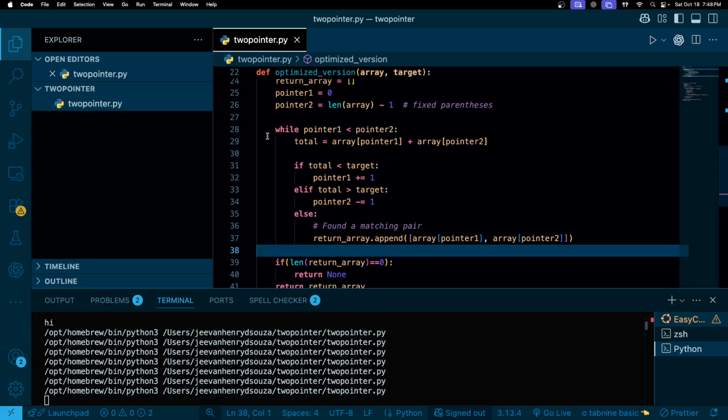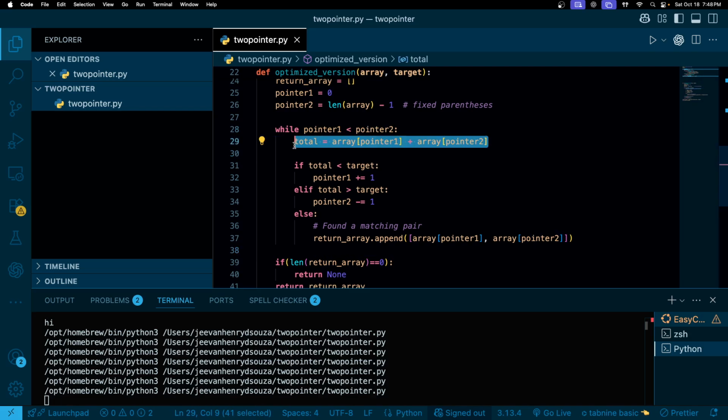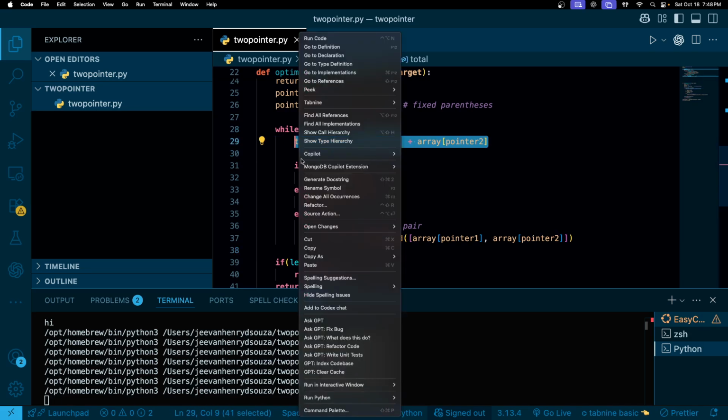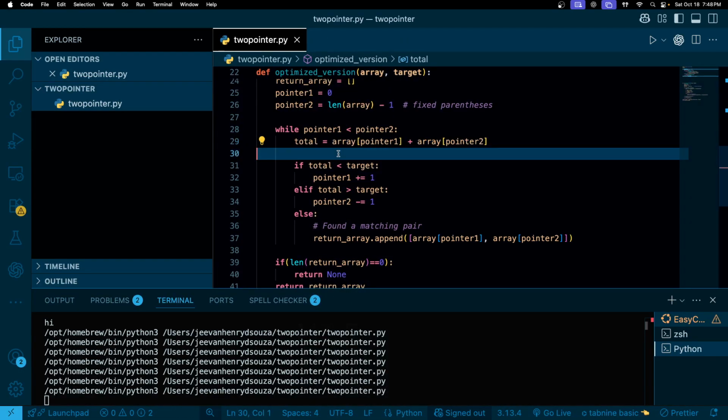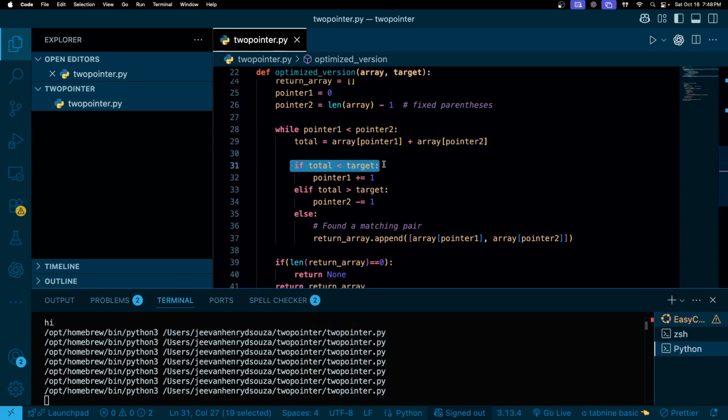This length map array. Okay. This total has to change, I guess. This has to be out probably. So if I'm doing the sum, if my sum is less,